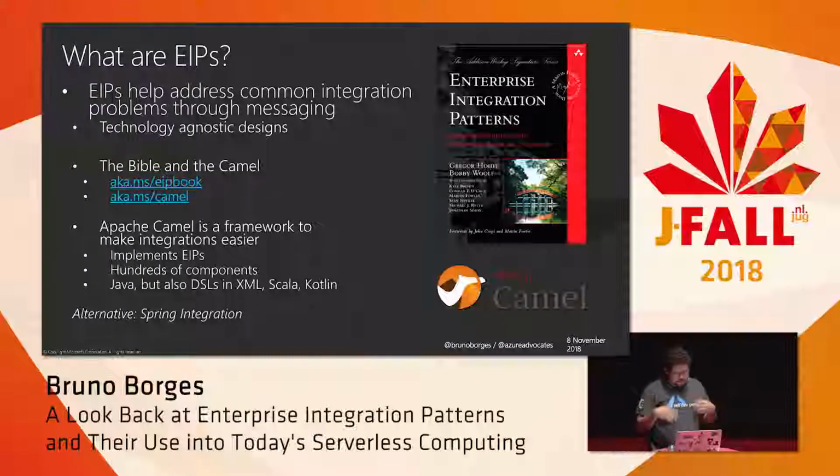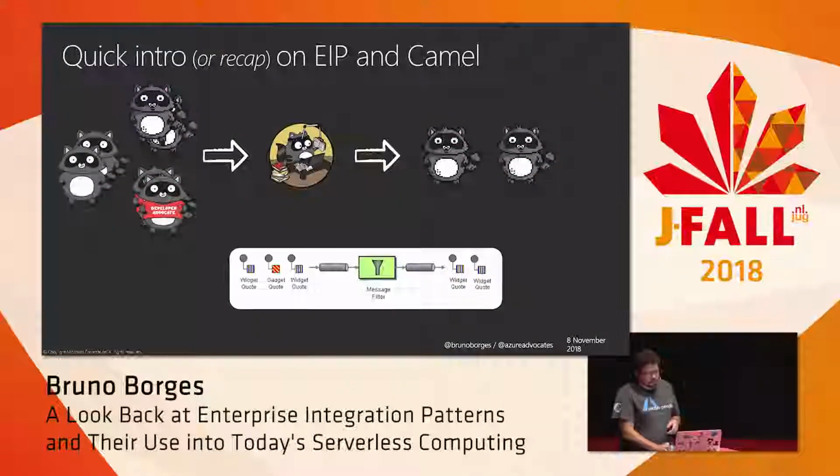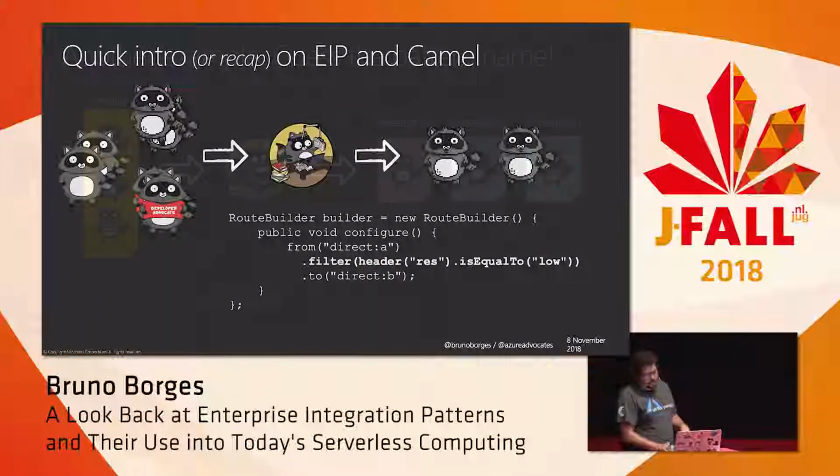And Apache Camel, which is, in my opinion, the best implementation of these patterns, has support for DSLs written in many languages and so on. And in fact, recently they released Apache Camel for Kubernetes. So if you're curious to understand what that means, just search for Apache Camel K. That's the version of it. It's a lightweight version of Camel for Kubernetes stateless sort of deployment. But I was going to do a recap of EIP and Camel, but you pretty much know that. And so let's just move on.